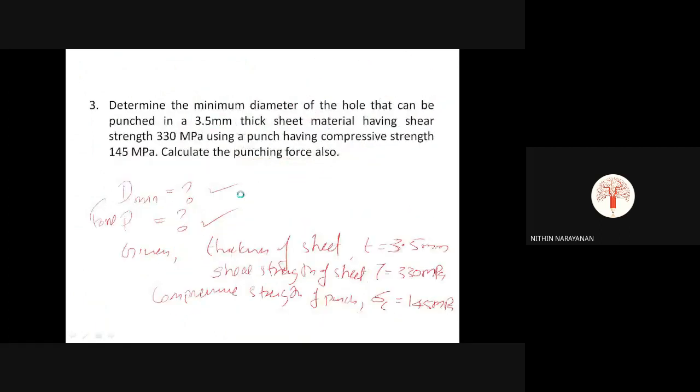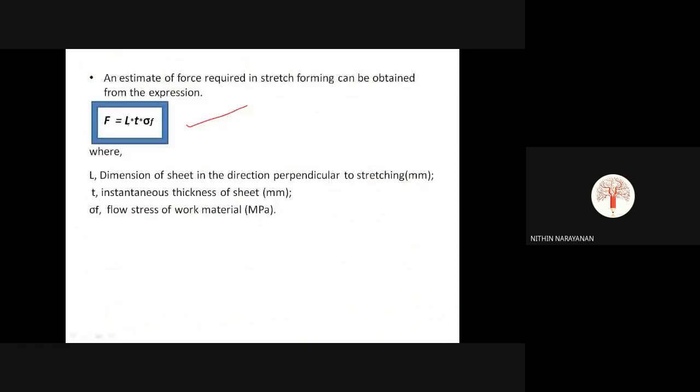ഇവിടെ എങ്ങനെയാണ് വന്നത്? Here the equation is the sheet dimensions or the length of the sheet into thickness of the sheet into the tensile stress or the flow or work flow stress of the work material, L into T into sigma F. Previously it was L into T into tau. Okay, so F is equal to L into T into sigma F is the equation for finding out the force